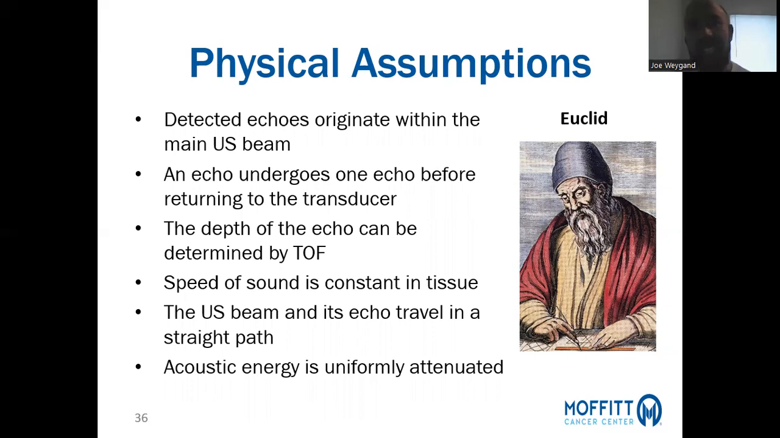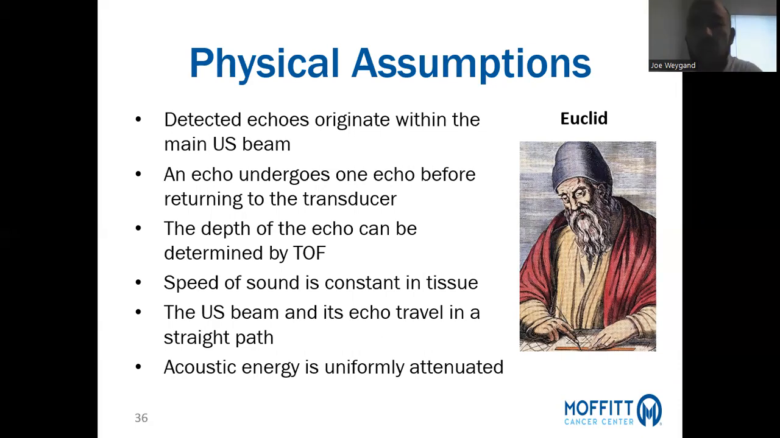Just like the ancient Greek geometer Euclid started with mathematical assumptions and then used those assumptions to deduce his Euclidean geometry theory, we start with physical assumptions and then use those physical assumptions to produce an image. But whenever those physical assumptions are invalid, that will produce a misrepresentation of the anatomy, which we term an artifact,